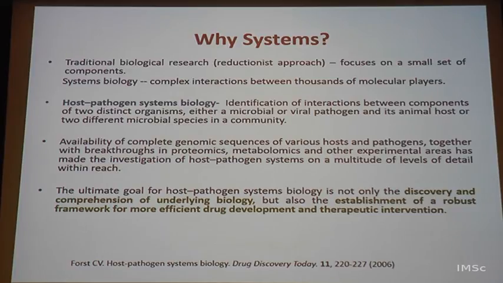So, host and pathogen together must be considered, and this is why systems become very important, and identification of interactions between components. We need to start at that level to be able to get a bigger picture. Of course, there are many methods of doing this, which I will talk about in a moment. And what is also exciting today is we at least have the starting alphabet. We have the complete genome sequences of these various pathogens that we are interested in, of several of them.